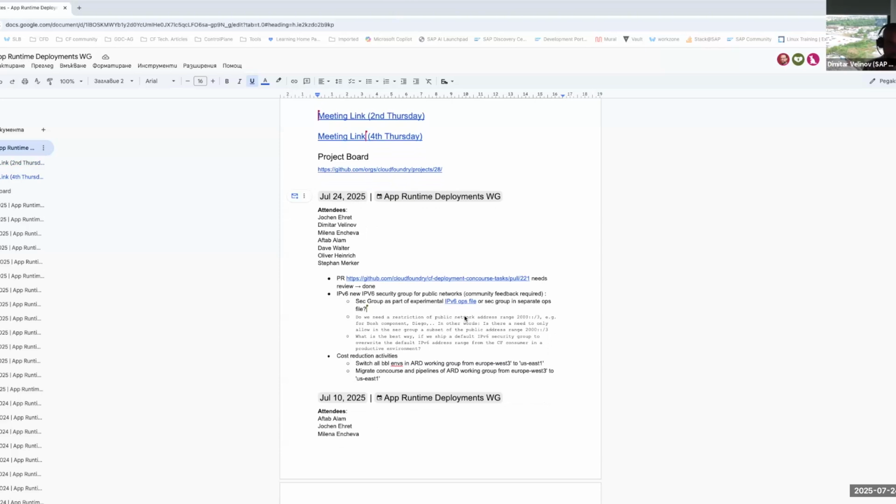The second one is related to the IPv6 security groups for public networks. Oliver has added this topic. Not sure, Oliver, you or Milena can share. Depends on Milena. Do you want or should I? Yeah. So the first thing we need to